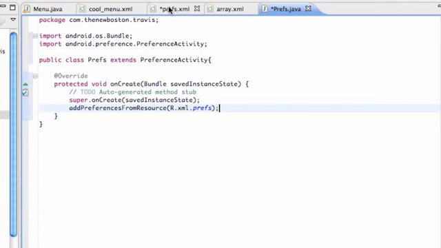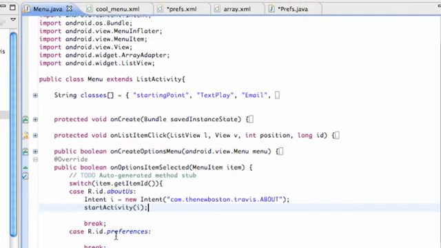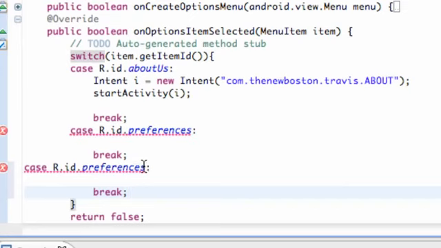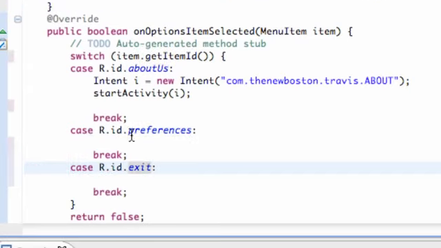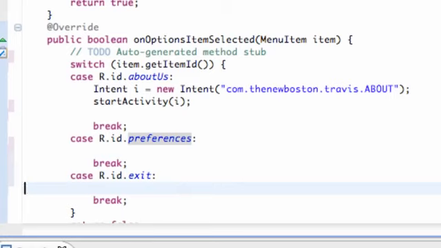So what we're going to do is go back into our menu class where we set up our menu inflator and our menu options, and we have this one if the preferences was clicked. I'm also going to copy this real quickly and paste it, since I added that other item, which was called exit. So there we go, Control Shift format, and now what we're going to do is set up a new intent that's going to open our preferences and also our exit, which is going to just finish